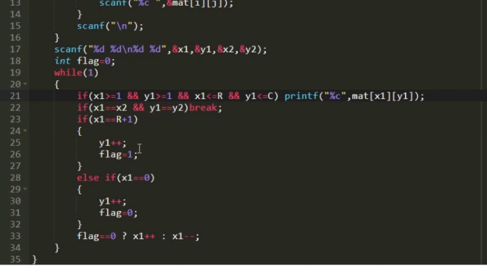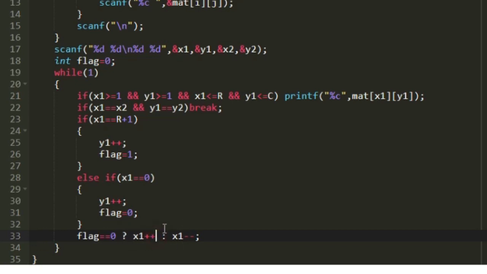So now we are going to see the logic of how we are going to traverse through our matrix from top to bottom and bottom to up. Initially we have set the value of the flag variable to 0. Whenever the value of the flag variable is equal to 0, we will be moving from top to bottom. If we move from top to bottom, then the value of row must be incremented.